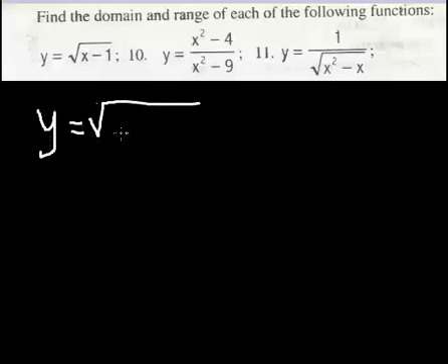Yep. So the question is, find the domain and the range of each of the following functions. Of course, you know how we find the domain, okay? So we definitely find the values, list out the set of values of x that will actually make that function to be defined. So if I list out the set that will make this function to be defined, okay? All right? I will discover that this function,